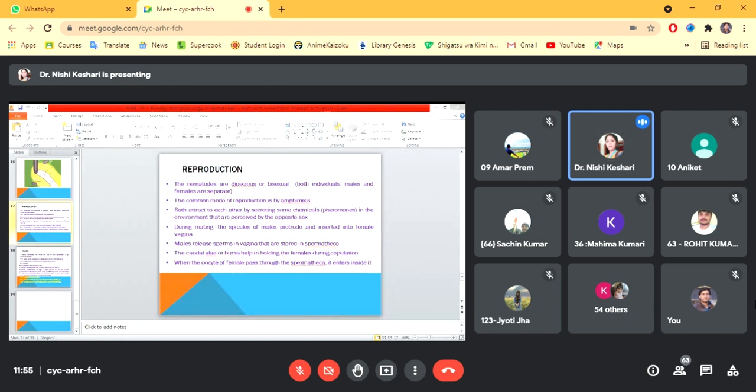So oviposition is that ectoparasites lay eggs singly in soil. How they oviposit, like